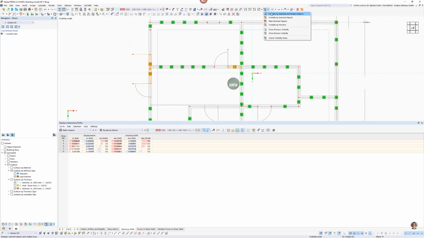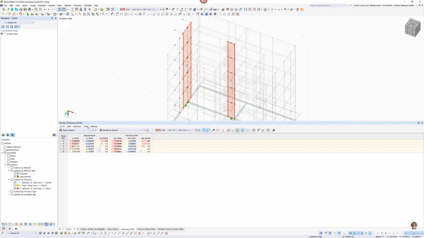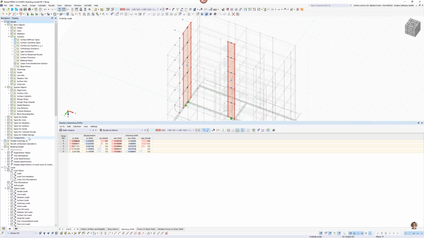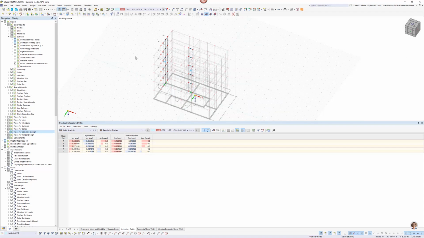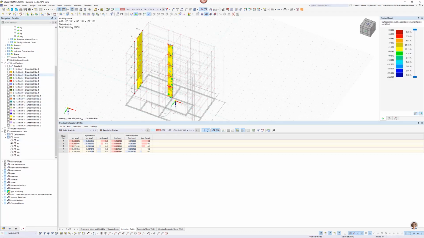So we'll only display them in here. Maybe we'll skip the concrete information on it, as we are not so interested in the reinforcement in here. And so now when we activate the resultant, and let's say we will